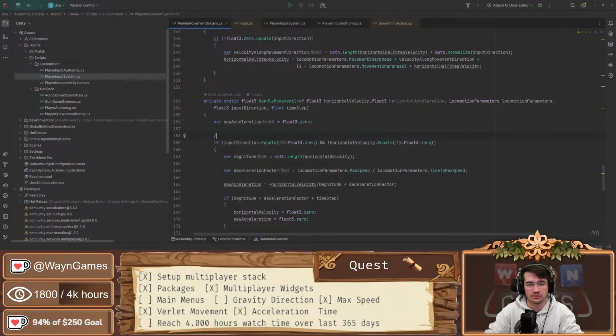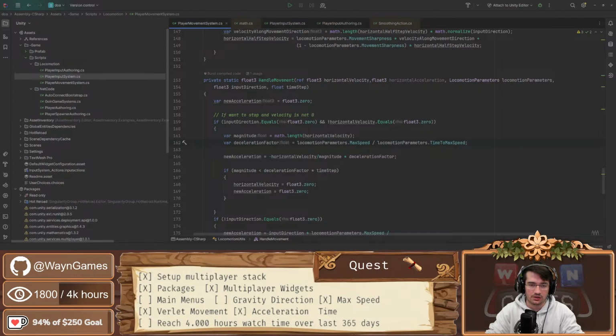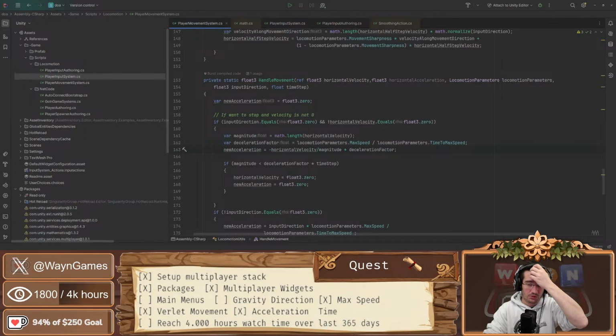And this one basically is saying: if I don't want to move, or rather want to stop, and velocity is not 0, in that case, I try to get the maximum, to apply the deceleration